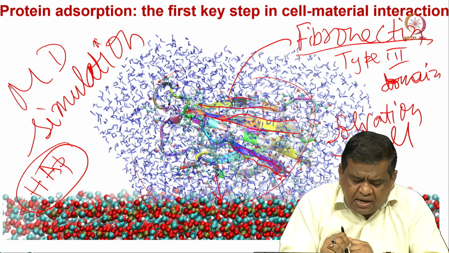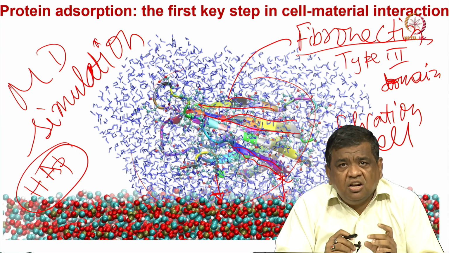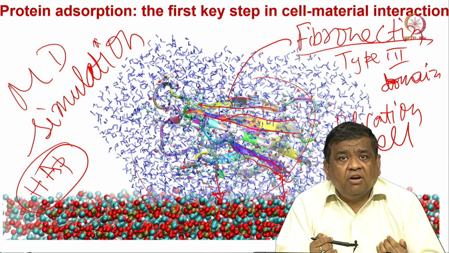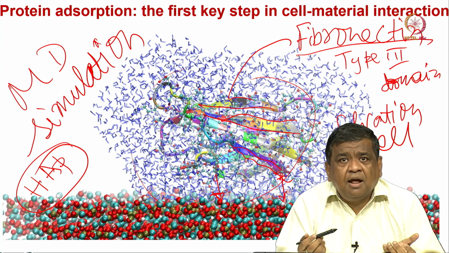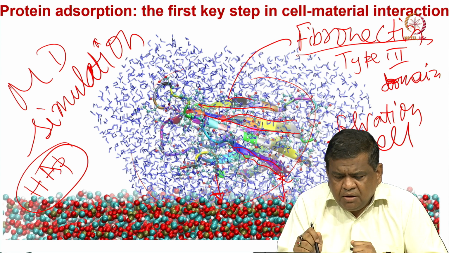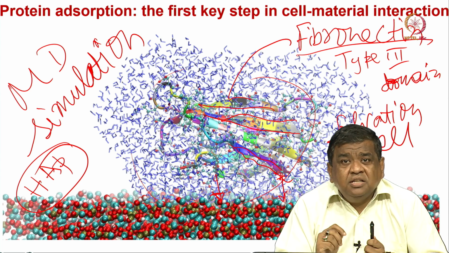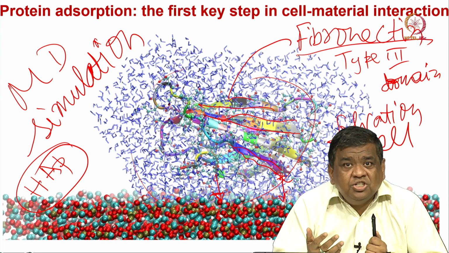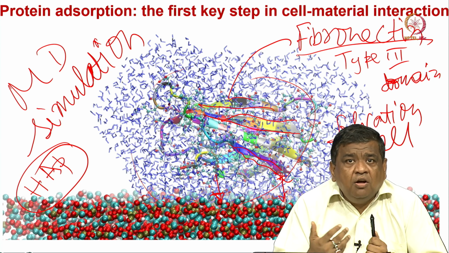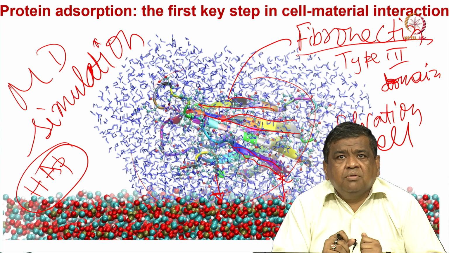So, adsorption means whether the distance between the protein and the material decreases over time, that means the proteins are getting more and more attracted towards the material surface and then getting adsorbed, and also the point to point distance of the protein structure, and the number of contact positions or contact sites. So, the more the number of contact sites on the biomaterial surface, the more is the adsorption of the proteins on the biomaterial surface.